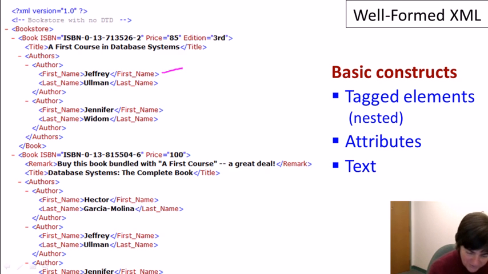So for example, let's take a look at this element here. This is an element saying that the data here is a first name. So we have an opening tag and we have a matching closing tag. We also have nesting of elements. So for example, here we have an element that's author. We have the opening tag here, the closing tag here, and we have a nesting of the first name and